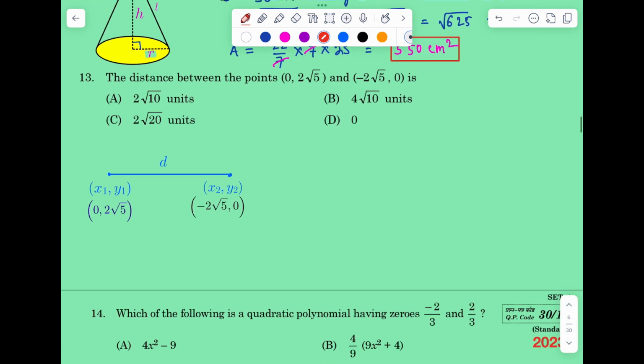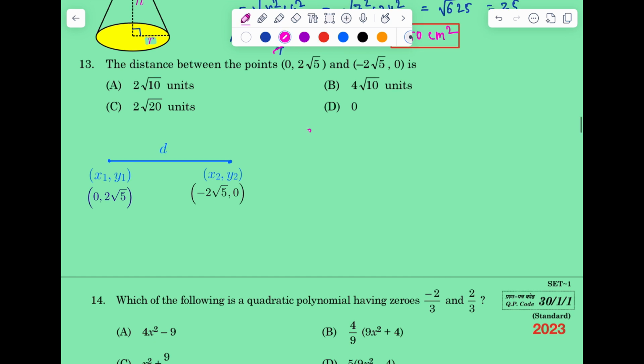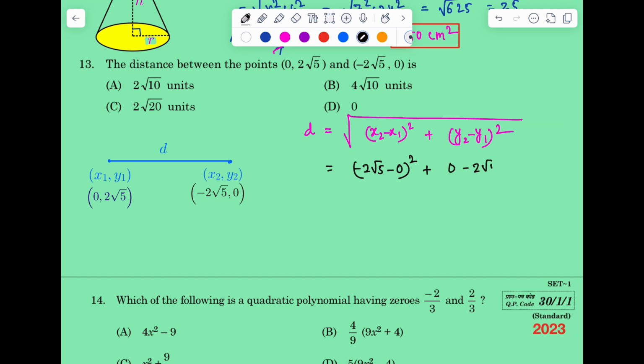Next question 13. Number 13, you see the distance between the 2 points. Suppose point x1 y1 and x2 y2 are given. The distance between them d is equal to square root of x2 minus x1 whole square plus y2 minus y1 whole square. Now if you put those values, x2 is minus 2 into root 5 minus x1 is 0 whole square plus y2 minus y1